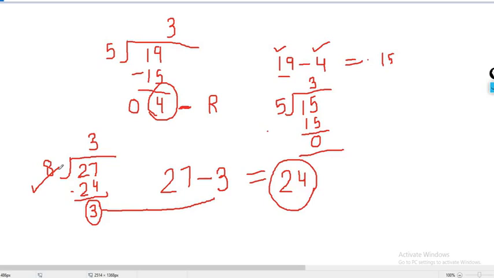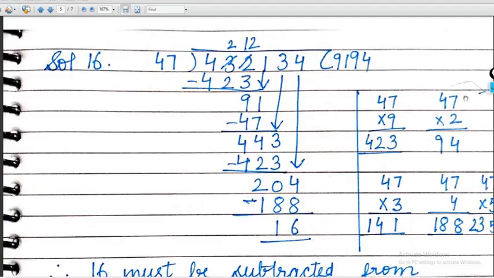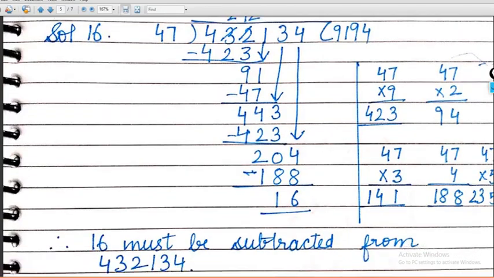Okay students, so this is the same thing they are asking in the question. Like in this question you simply have to divide, that I have told you already. You first divide, okay. When you divide, you will see the remainder is coming, and keep your book with you beta. They are saying what least number should be subtracted, which number should we subtract so that this 4,32,134 is divisible by 47. Then you will write, okay, 16 must be subtracted from this number so that it is completely divisible.